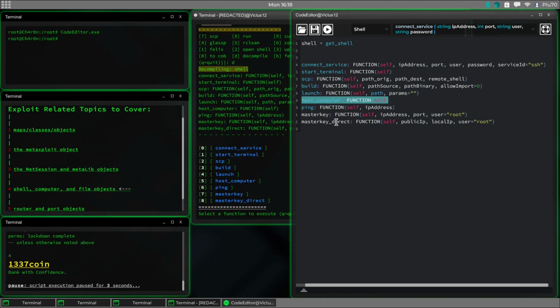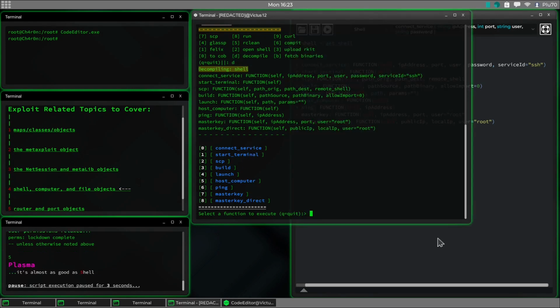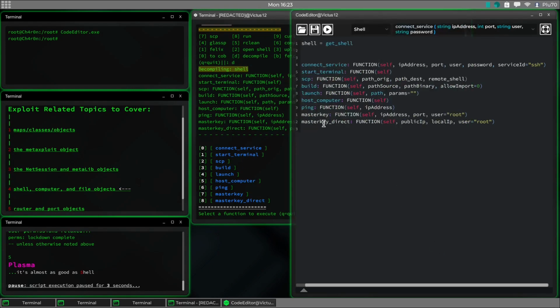Host computer, again, will give you a computer object, and ping you can use to ping an IP address, and then these two are not available to players. These are admin only functions, and I'm pretty sure you can guess what exactly they do based on their names and why players don't have access to that. Now again, you can see all of these functions if you explore the object itself, something along the lines of